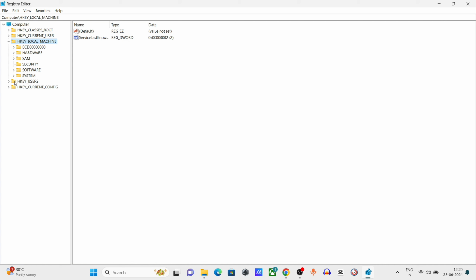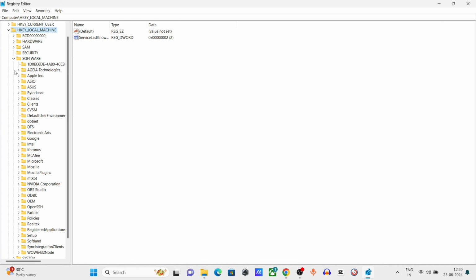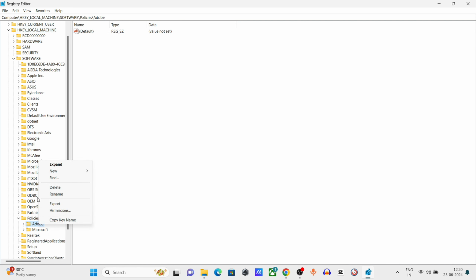Now expand HKEY_LOCAL_MACHINE, expand Software, expand Policies, right click on Adobe, select New, select Key,